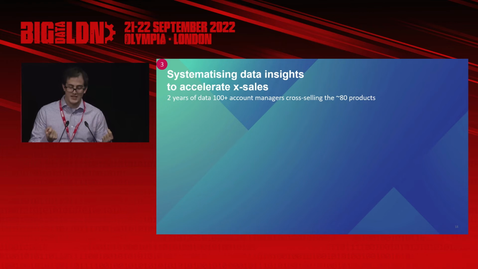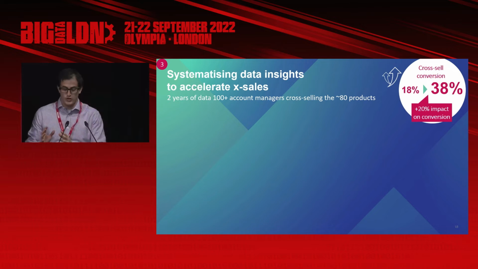And we leveraged this data to build a machine learning model that predicted which customers had the highest propensity for cross-sales based on different signals such as their firmographic data, their current product usage and engagement signals. Now, this project saw some really great results during the pilot phase. There was a 20% uplift in cross-sales conversion in the test group of sales reps that were using these insights compared to the control.